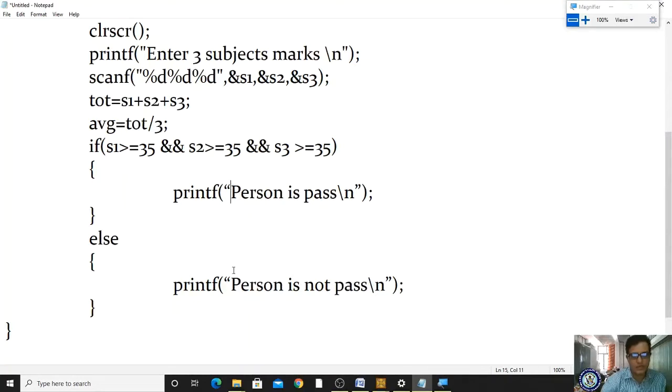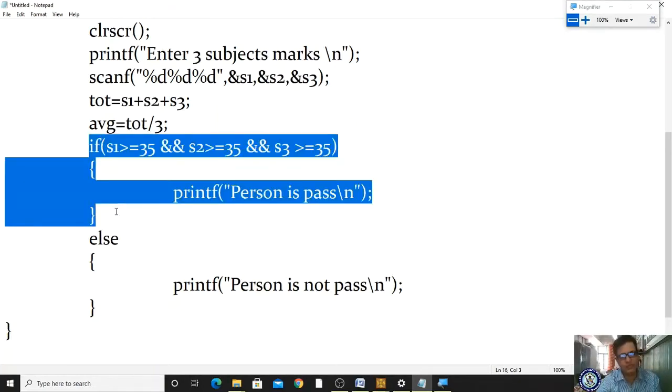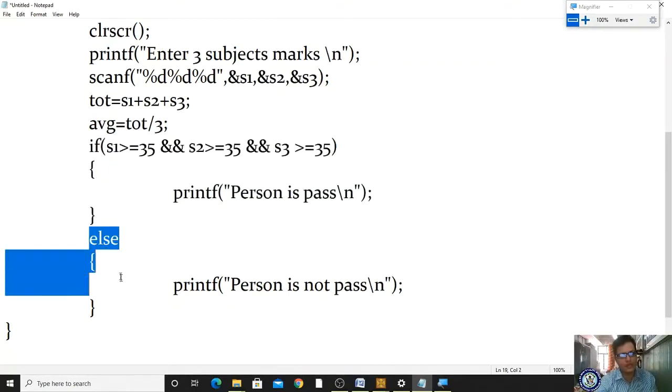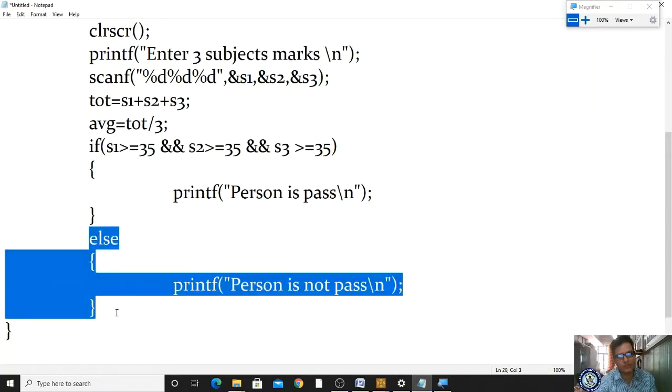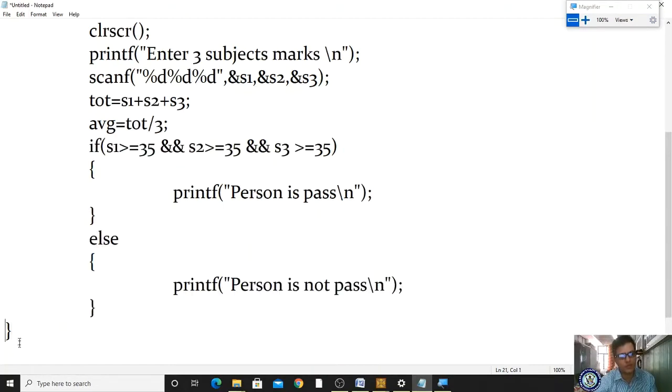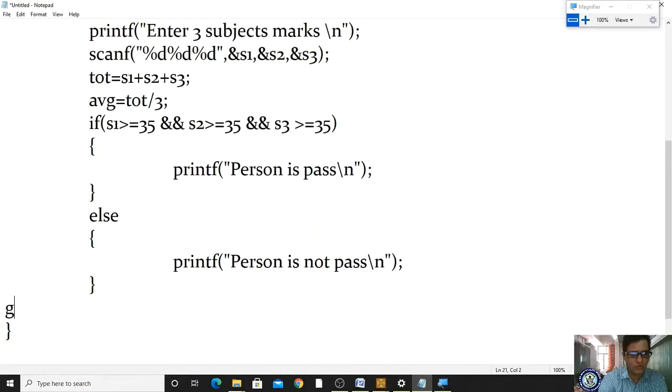Here it is a mistake, right? Why? Yes, double quotation should be like this. Okay, yes. Now afterwards what I have to do? This is the end of the program. Before the end of the program, see, in if you are writing the condition to satisfy. In else you have not written, because if this condition is false, automatically whatever statement exists in else will be evaluated. Okay, so this is very important.